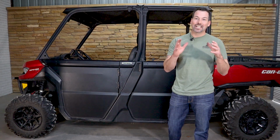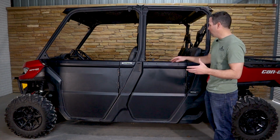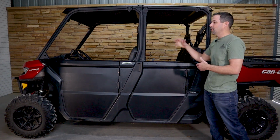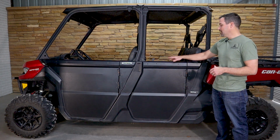All right guys, so we got the doors installed. I'm really excited. It only took me about 10 minutes on this rear door. Obviously, we didn't have the shoulder bar on here. We had already taken that off. We had already taken the nets off, and so let's call it 15 minutes. But I had a good time today installing these. I will